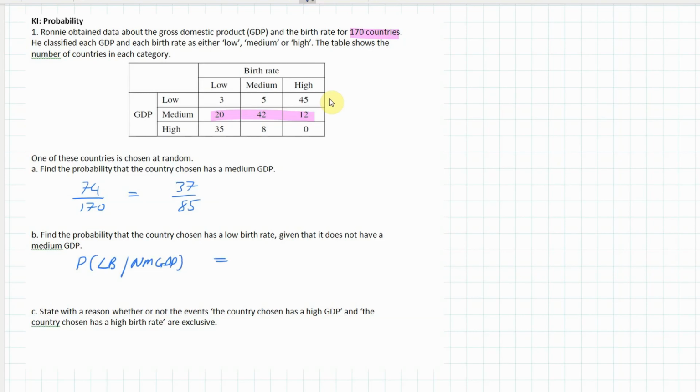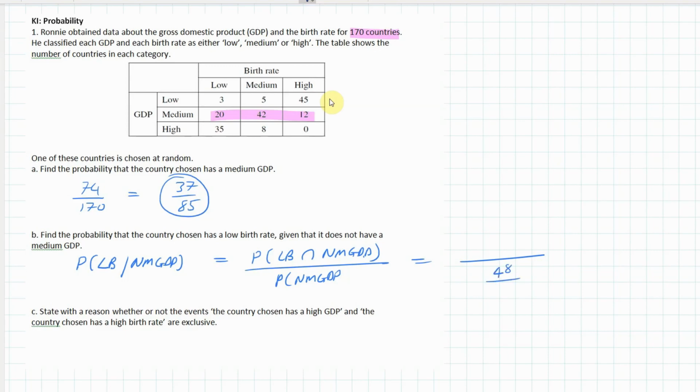Well, that is equal to the probability of low birth rate intersecting with not medium GDP, all over the probability of not medium GDP. Now, the denominator, of course, is going to be 1 take away that, because that's what a medium GDP is. So 170 minus 74, it's 96,